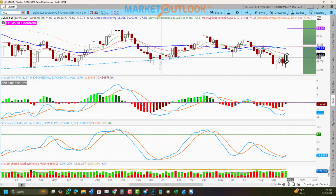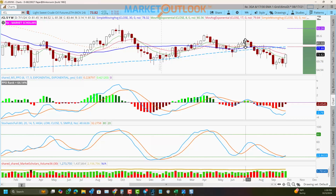We are above the 8-week for the first time since July 8th, so a little bit later than 2 weeks later than the dollar, and about a month and a half later than the yield. So again, it has been multiple months that we haven't been above the 8-week moving average, and now we are, with a very good week here to the upside. That's a significant change in direction for these 3 asset classes, that when they have all moved together like this